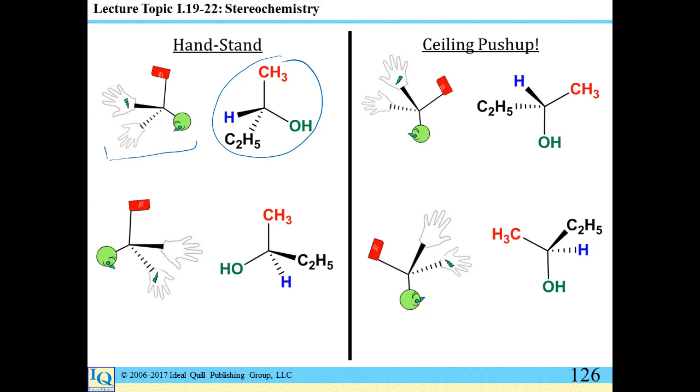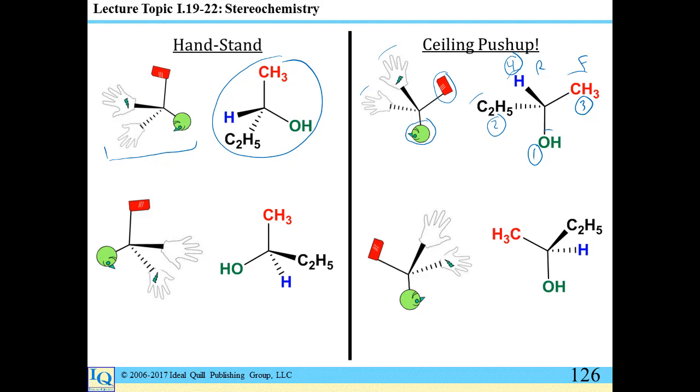You can simply imagine an athlete doing different tasks, such as a handstand or a push-up on the ceiling. And as long as you assign for the person, what's the head, what's the feet, what are the hands, and you reorient your molecule in the same way, saying, okay, this is my head, it's the highest priority, this is the left hand, this is the feet, this is the right hand,